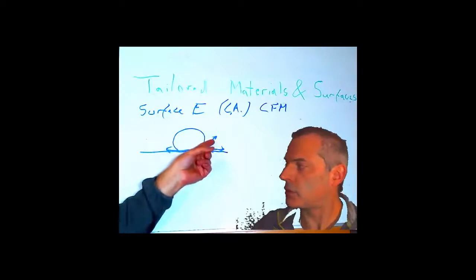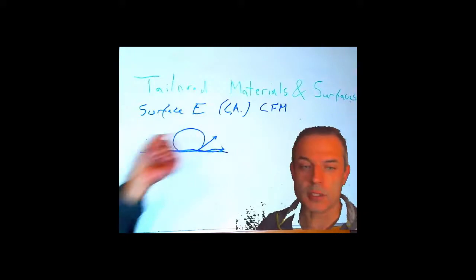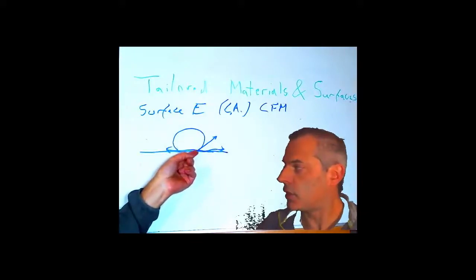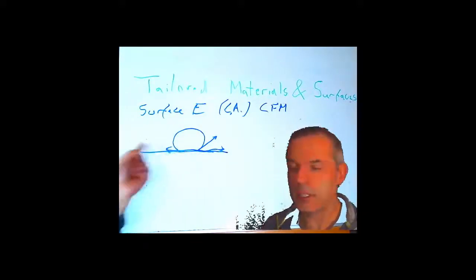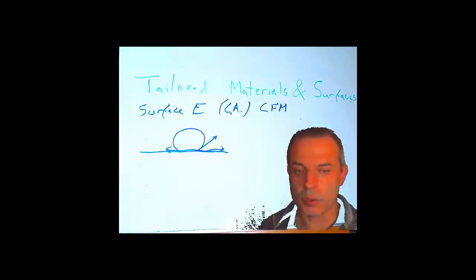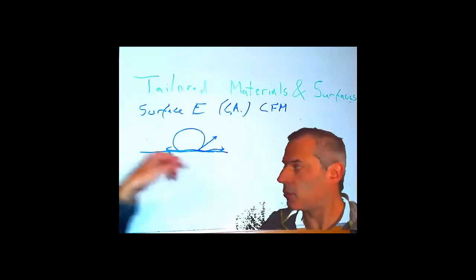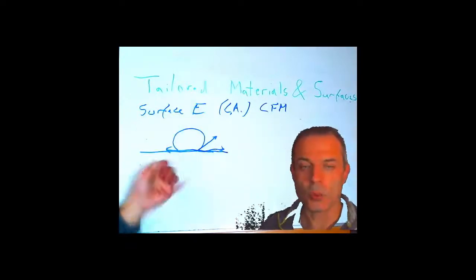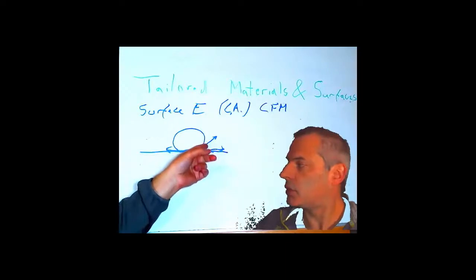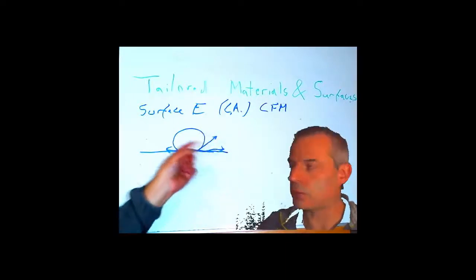This force here is the surface tension of the liquid. This force here is the surface tension of the solid. And this force here is the interfacial tension of the liquid and solid, just to have all of the forces. And if we add them all up, we should get to 0 in plane. Vertically, we might not. So we need to take the part of this force, the surface tension force, that is